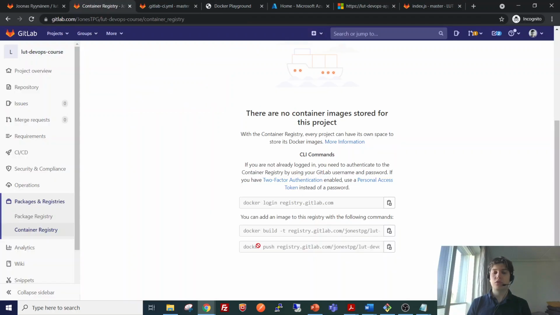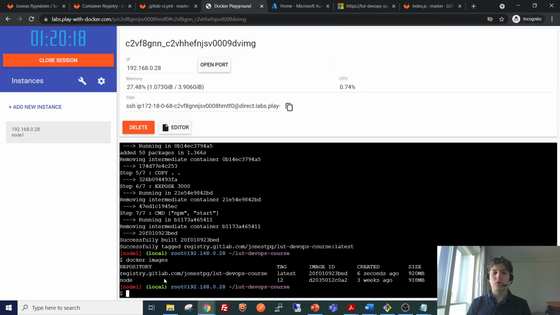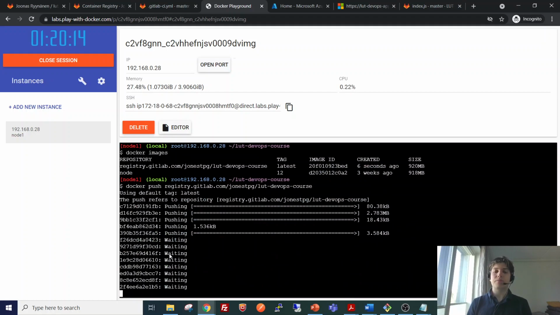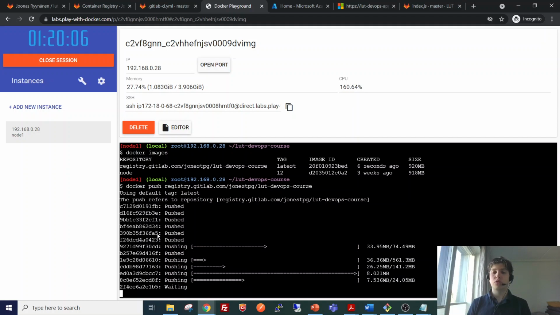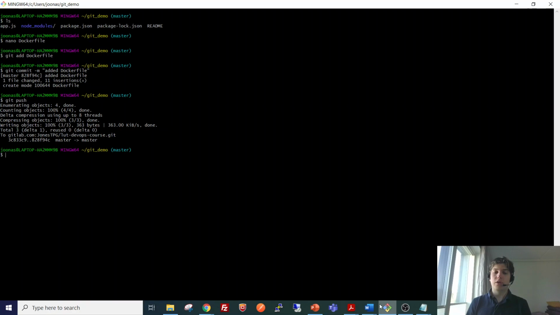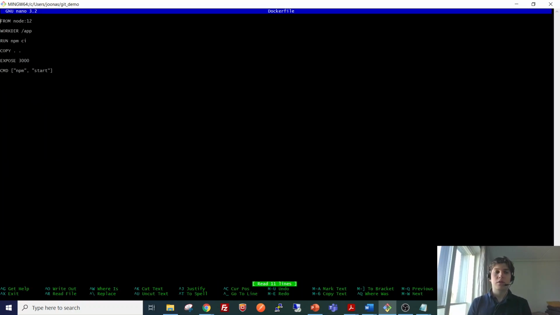And now the final thing to do is to push it to the GitLab registry. We can do it by using the ready-made command here. So now the image of the application is being pushed to the container registry. Now this might take a little while, so we can go ahead and also fix the mistake in the Dockerfile on our version control, as it currently has the same typo here.